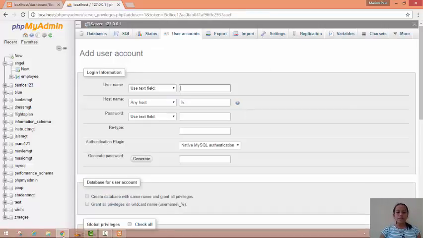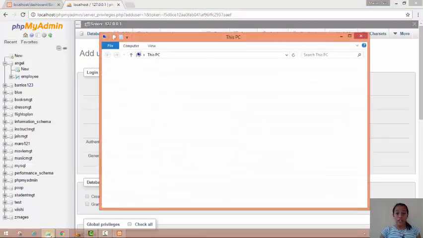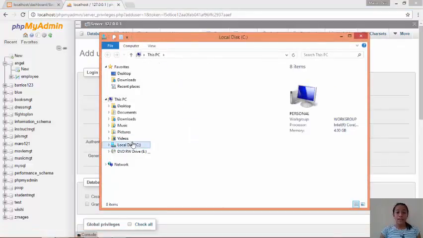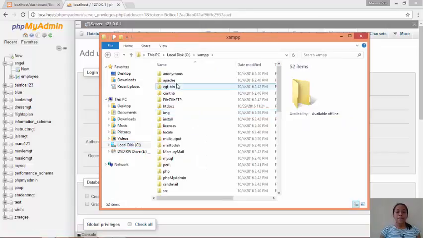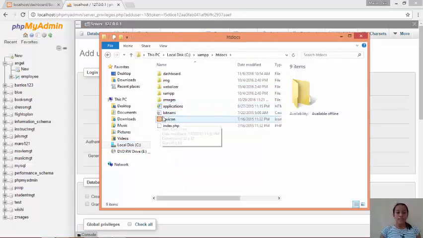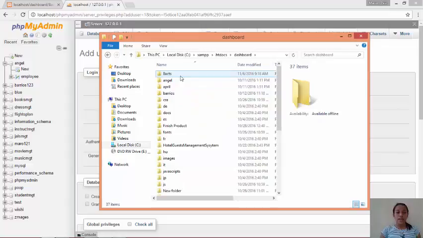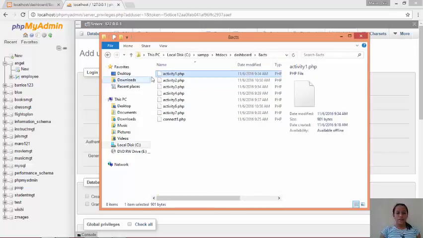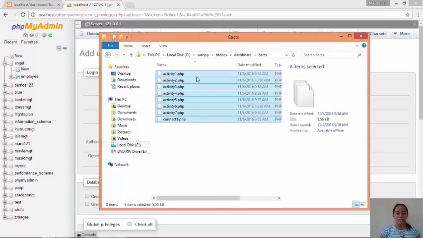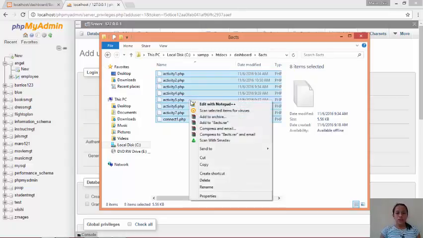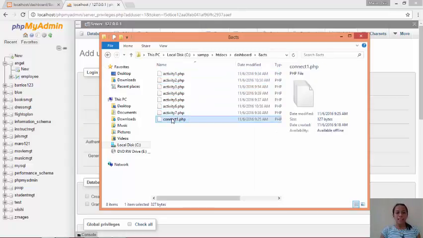If you want to see my codes, it's in File Explorer, Drive C, Exam, HD Docs, Dashboard, 8X, Error. This is my activity. So, you have to edit it with Notepad++.